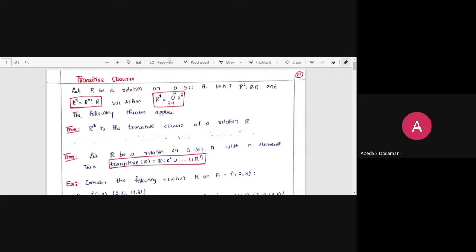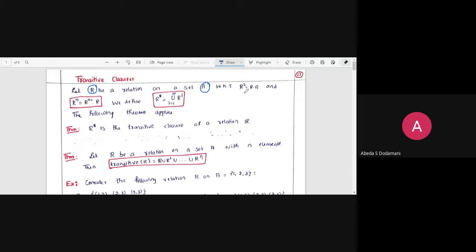Okay, so today we will discuss the closure on the transitive. As yesterday we were discussing closure on the symmetric and the reflexive relation, let's move on to the next discussion, that is the closure property on the transitive relation. So here also we consider R to be any relation on the given set. Okay, and we know that